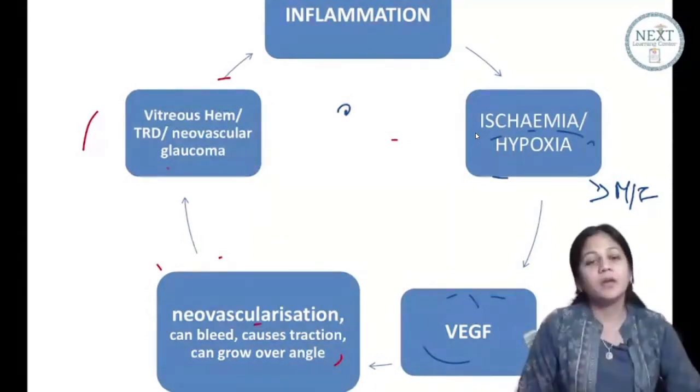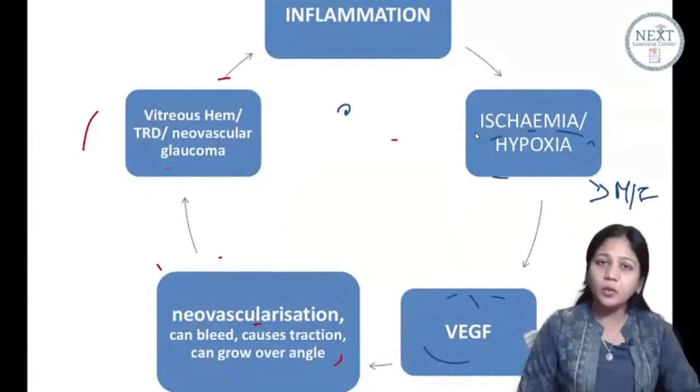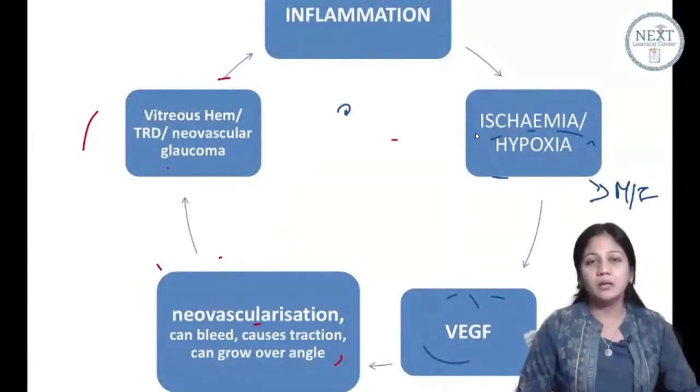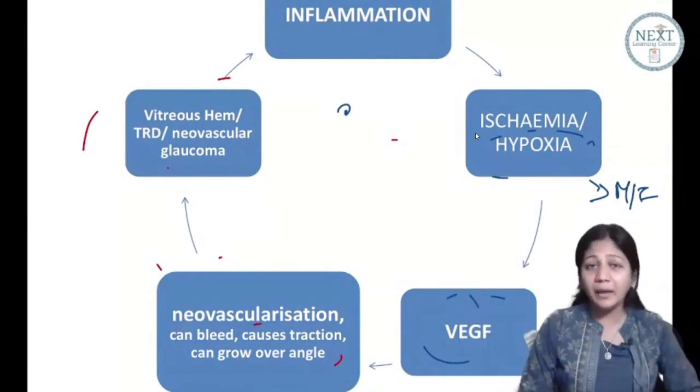So, because new vessels from the surface of retina can grow on the angle. From the retina, it can grow towards the anterior segment in the angle also. When they grow,